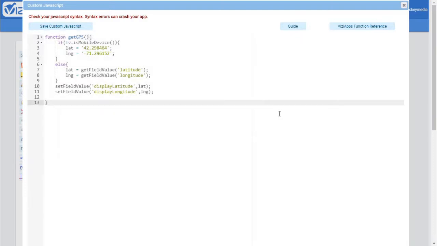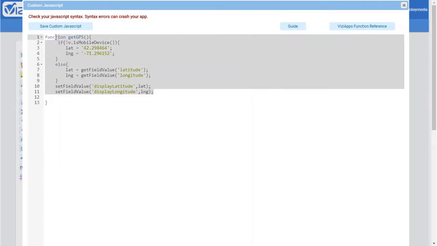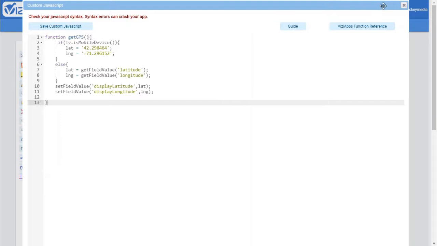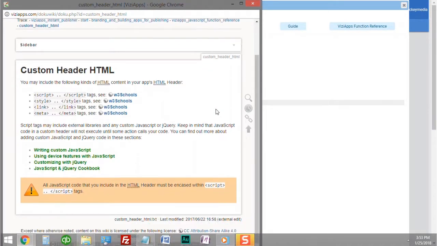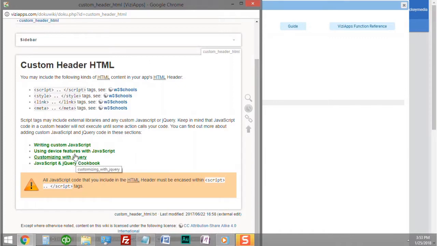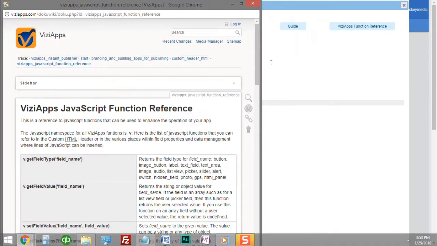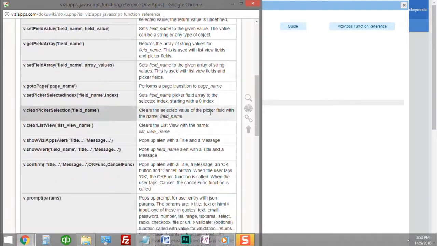This feature is very powerful, but if you make any syntax errors, it can stop your app from running. The editor does a good job of catching your syntax errors. If you click on the Guide button, you'll see a list of references and JavaScript recipes that you can use. You can also click on the ViziApps function reference to see a list of internal ViziApps functions you can use